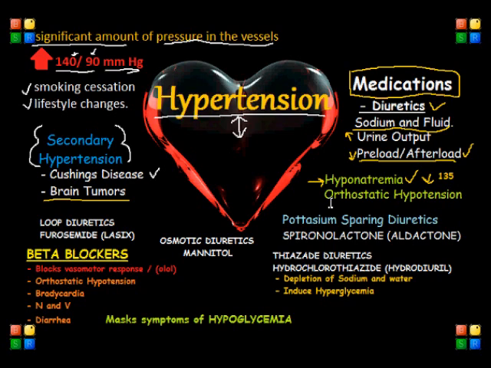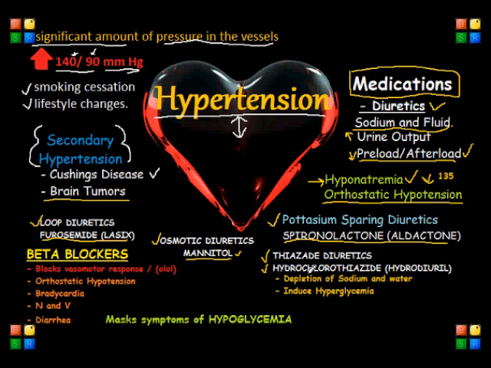Now, another side effect is orthostatic hypotension and dehydration, okay? Now, let's go over the different types of diuretics that you will most likely encounter in the NCLEX exam, and that would include potassium-sparing diuretics, and one of the most common types is spironolactone, which is Aldactone, right? Another group of diuretic is loop diuretics, such as furosemide, which is Lasix, right? Another group are the osmotic diuretics, and the most common drug of osmotic diuretic is mannitol. Okay, and lastly we have the thiazide diuretics, such as